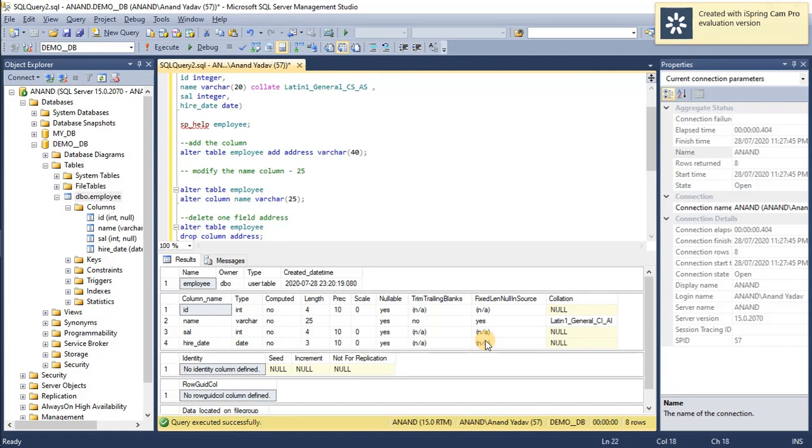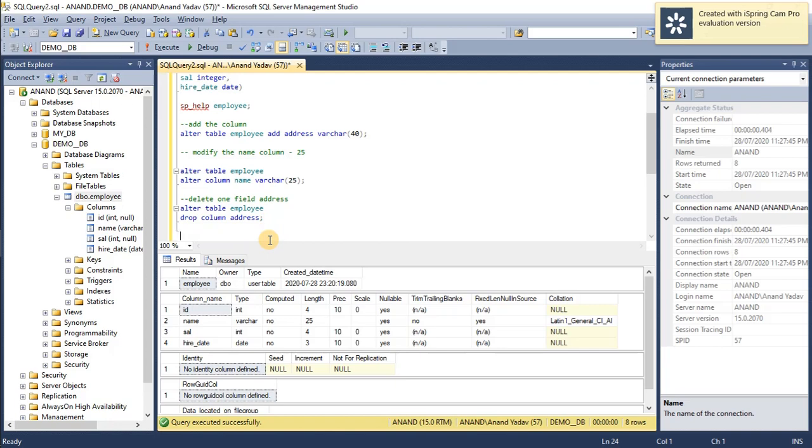So if you can see the employee table that we have created. Before that I will copy this table. If you wanted to copy any of your existing tables, you can use this syntax: SELECT star INTO the new table name, so my new table name is emp, FROM the existing table.